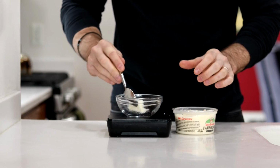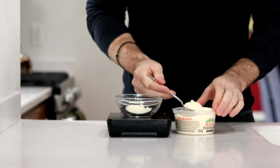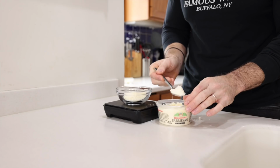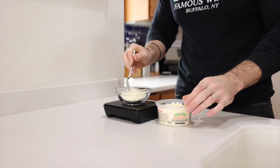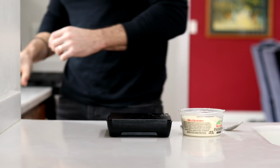Now, in a little bit of a larger bowl, we're going to add a half a cup or 45 grams of some freshly grated Parmesan cheese. And then when we've got that in there, we're of course going to set that bowl aside with our other